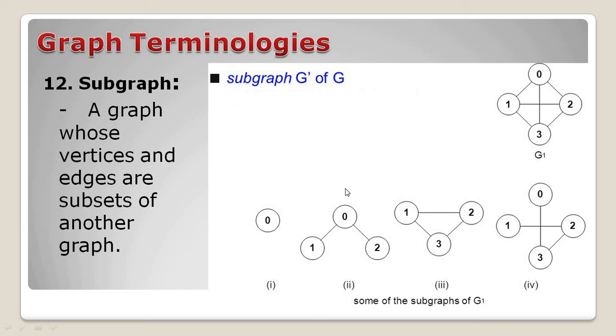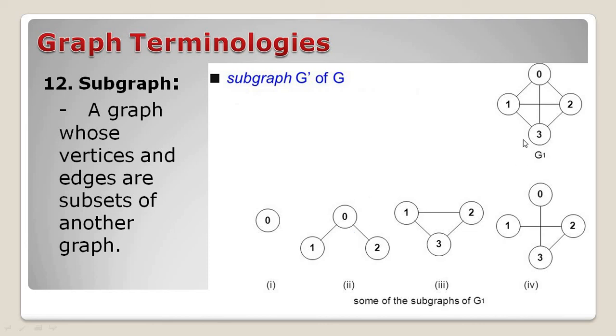particular G1. It means that we are having the first one, that is a 0. So here we are having the vertex from the G1. So in that case this one we are going to be calling as a subgraph. So like 0, 1, 2. So here the 0, 1, 2 it will be there. In that case 0, 1, 2, this one we are going to be calling as a subgraph.